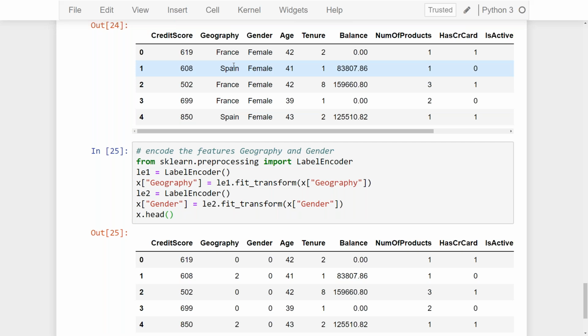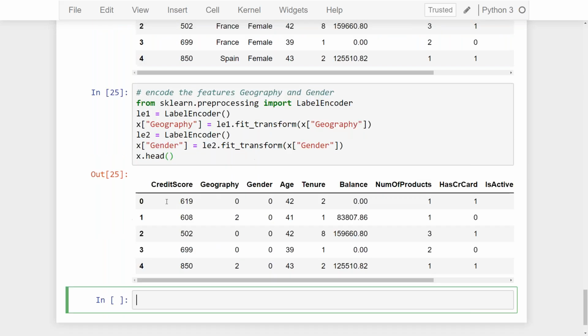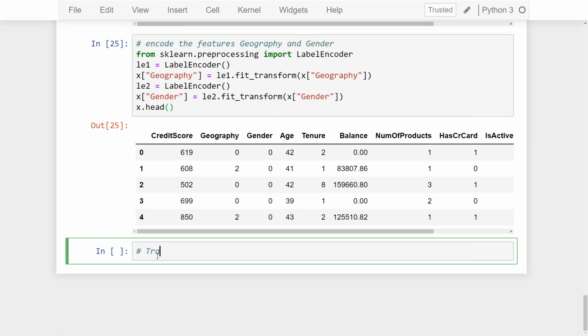Now we're good to go ahead and train an ML model, and let's see whether we are able to make a prediction or not, right? But this is not going to be complete. There is a lot of optimization and tuning needed in this particular code that we can do, right? So now we will simply train a model,